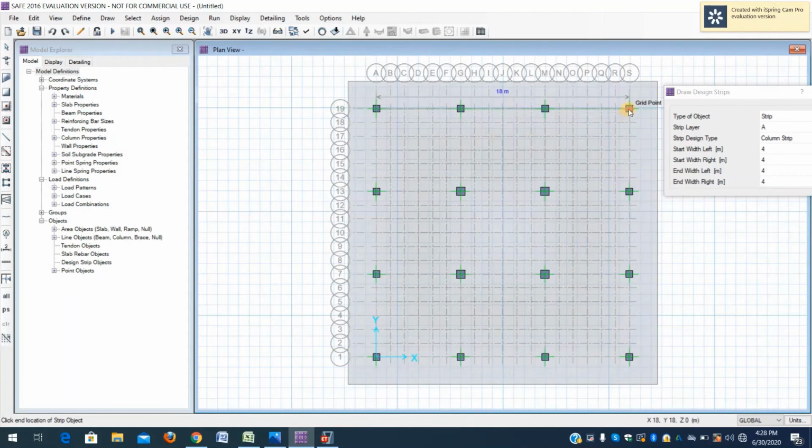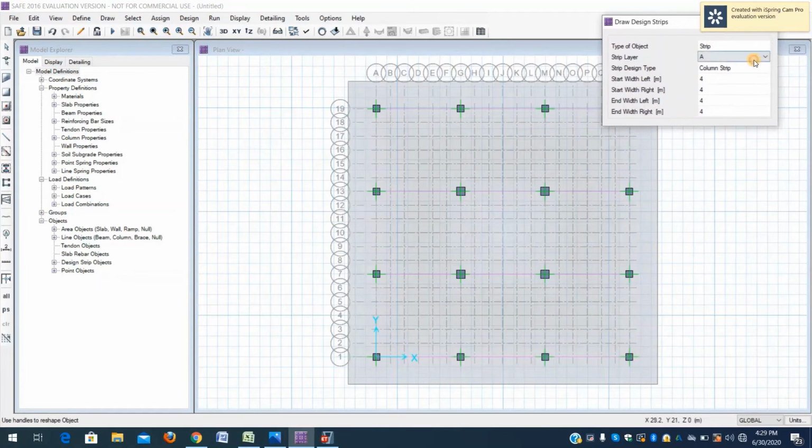And X direction this way. Right click to terminate. From here to here, right click terminate. Here to here, right click terminate. Here to here, terminate.